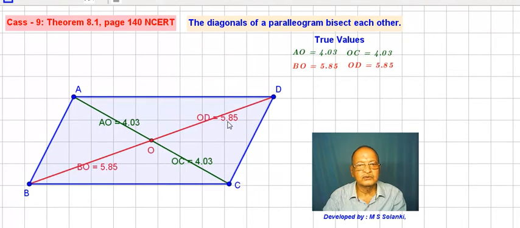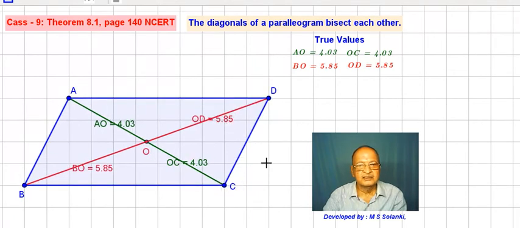Now you may prepare a table and write down these values and verify it. At the end you can conclude that in a parallelogram the diagonals bisect each other is verified. You have to write verified, you do not have to write hence proved. For the proof, you have to